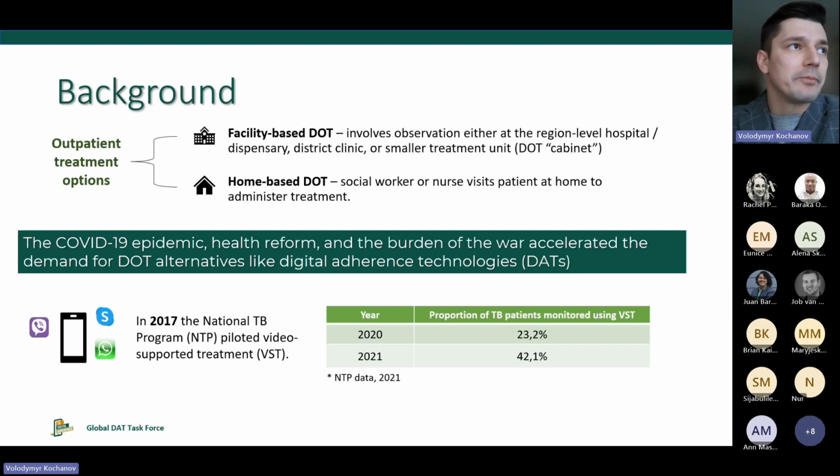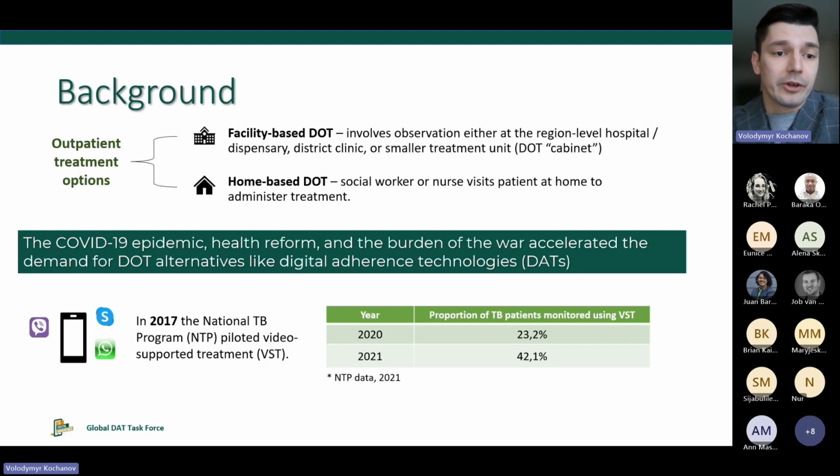Ukraine receives funds from the Global Fund, and organizations, usually local organizations, who are prime recipients of these funds, distribute these funds among civil society organizations which could support patients with special needs who can administer treatment at home. In 2017, the WHO published its first recommendation on the use of digital adherence technologies,